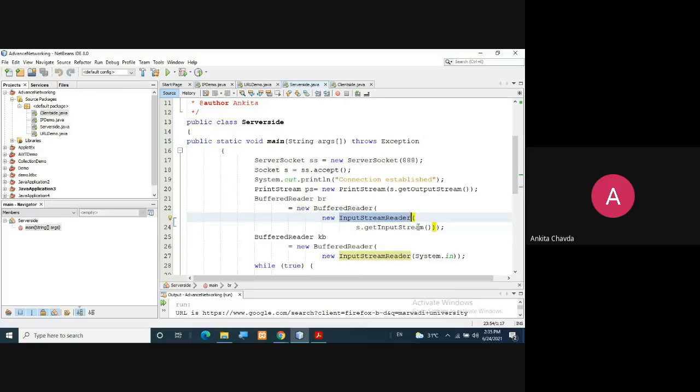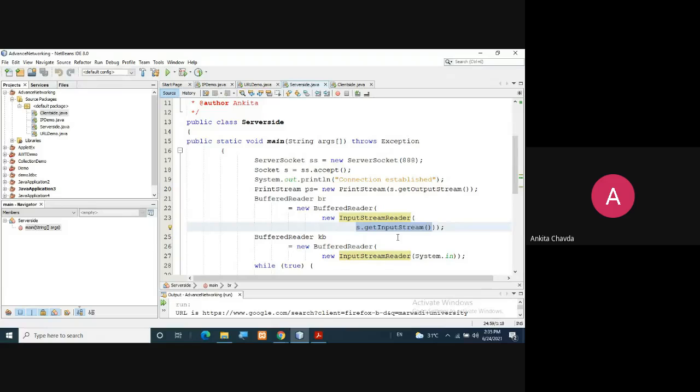Whatever data is there on this input stream will be in this br. So BufferedReader br equals new BufferedReader, new InputStreamReader, s.getInputStream.